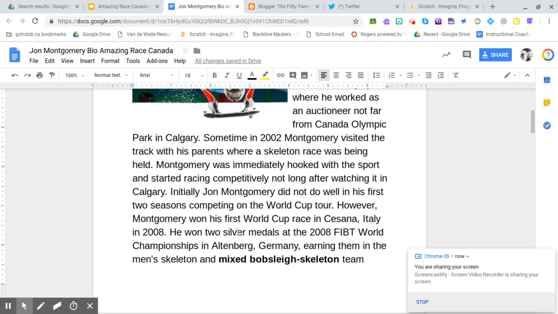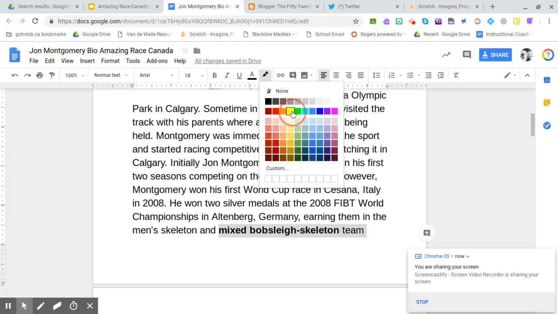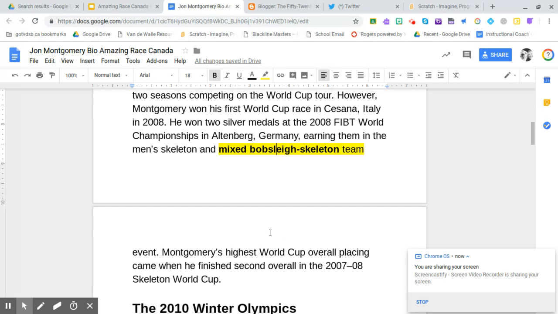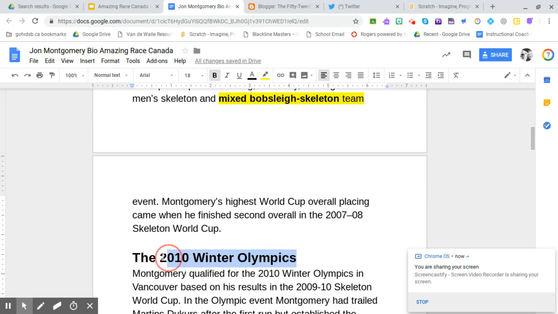Again, a lot of words. I'm going to skip over the words until I get to this bold, mixed bobsleigh skeleton team. So I do know what a bobsleigh is. I'm not sure what the mixed part means. What does that mean, that he raced with men and women, or does that mean that he raced on both the bobsled and the skeleton? I don't think it's important. Just that I know that he's an athlete, that he races in these winter events involving sliding down a hill very quickly. And then, of course, the idea I had before gets reinforced again by this next heading,